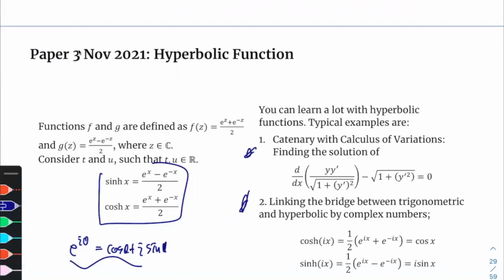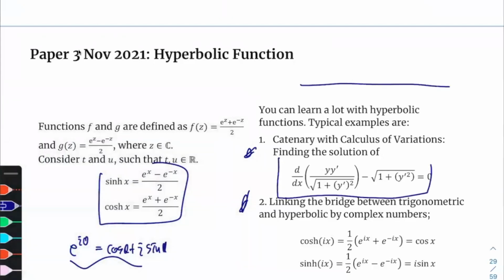And then I just wanted to mention that the paper 3 November 2021 question was something to do with the hyperbolic function. And it's always nice to have a keyword, because now if I tell you the keyword hyperbolic function, and if I tell you some example to write about, such as a catenary or a complex analysis, students can then explore. Right, instead of having nothing or not knowing what the topic was behind this problem, knowing that would definitely shorten the process of finding a good topic, because now it's really limited within, for example, hyperbolic function. So yes, what this catenary means is,